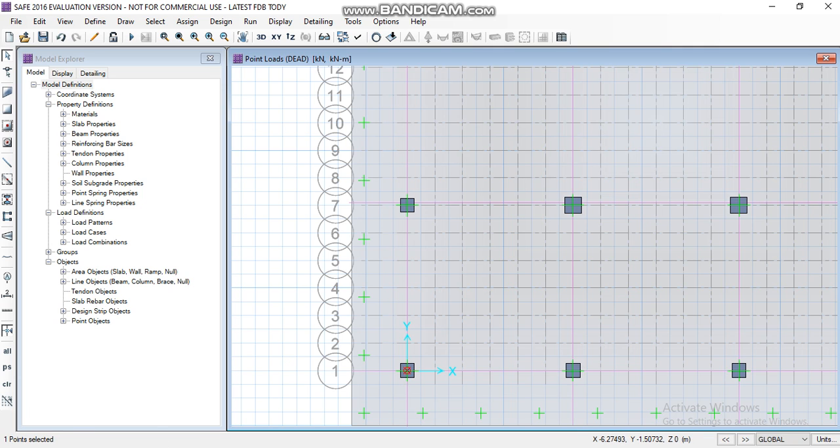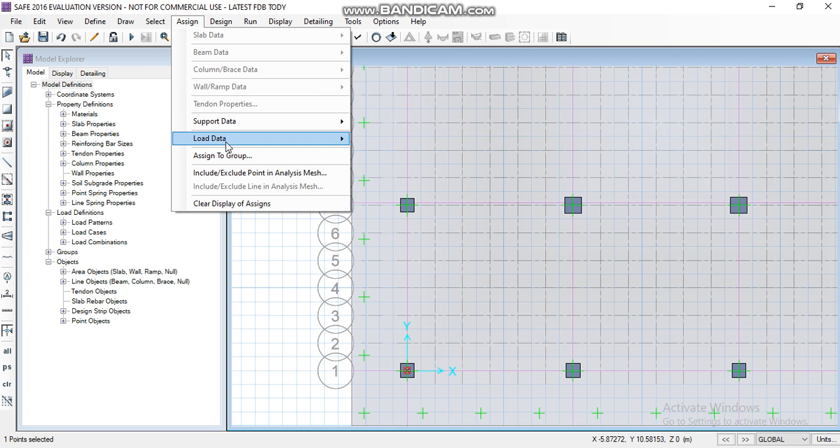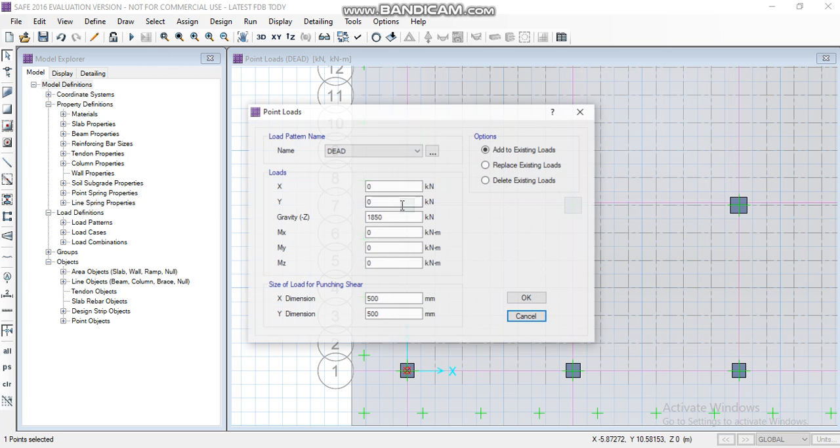Here again the point is selected for the live load. Select the point here at the column very carefully and go to assign. Click on load data and point load, and enter here the live load value for the column 1, which is displayed from the ETABS.